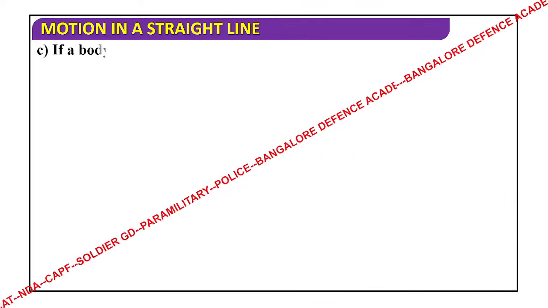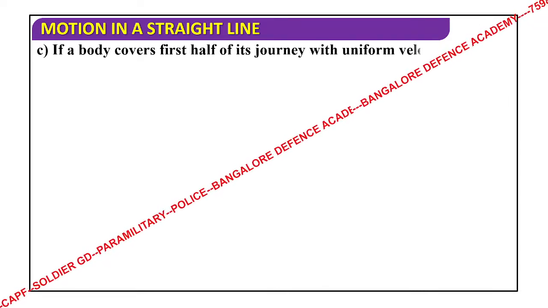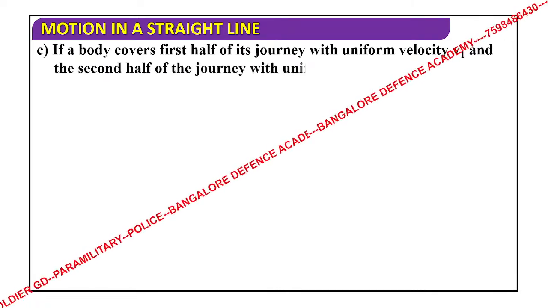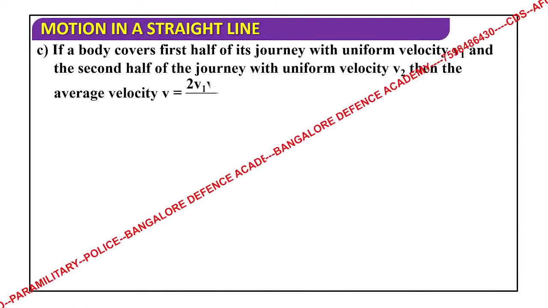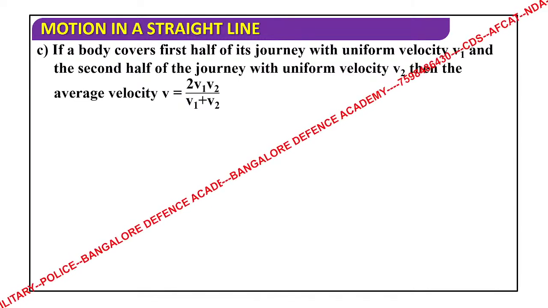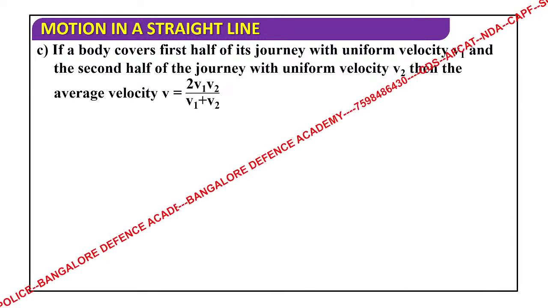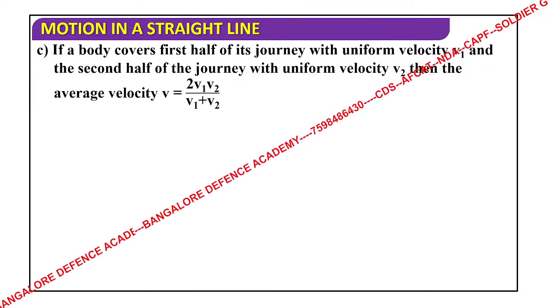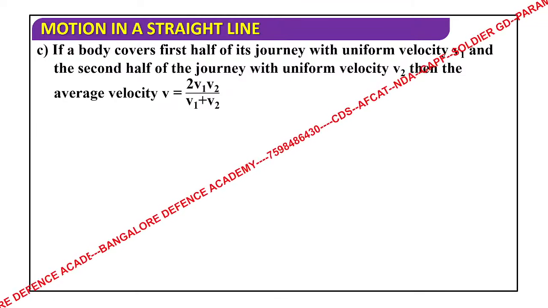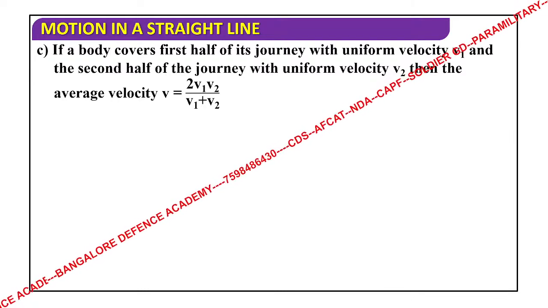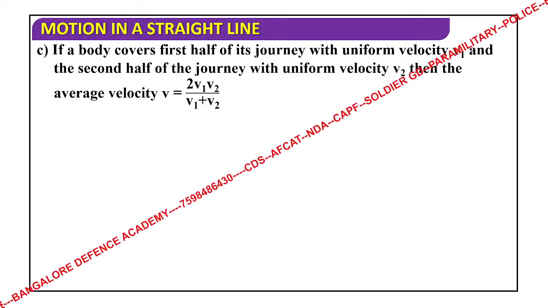Next, if a body covers the first half of its journey with uniform velocity v1 and the second half of the journey with uniform velocity v2, then the average velocity is 2v1v2 by v1 plus v2. So this formula is also important. Take it down. Most of the time in average related questions they will ask you,